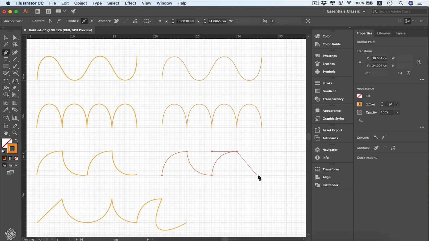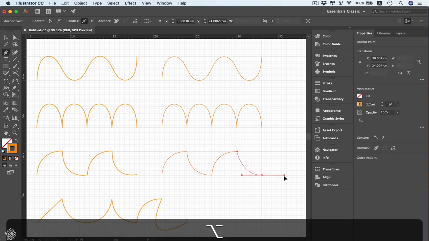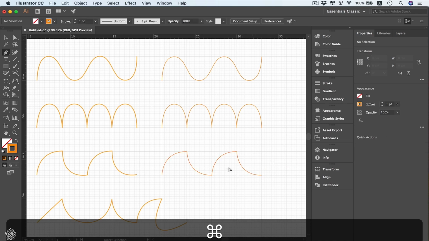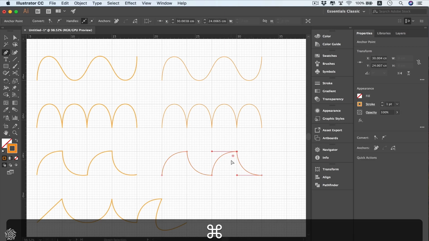And the other one already removed, and I'm gonna be drawing my shape maybe like that. And I can also remove the other handle by pressing the Alt key and dragging that one to the anchor point like that. Then I can be pressing Command or Control to convert my pen tool into the direct selection tool and deselect anything, and I can be quickly selecting anything by pressing also the Command key to select that shape